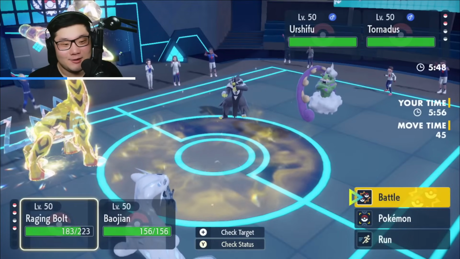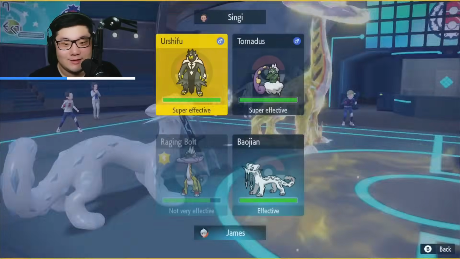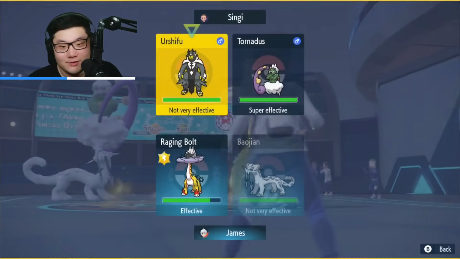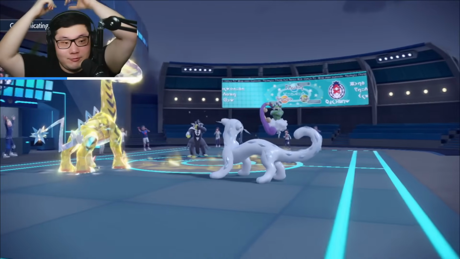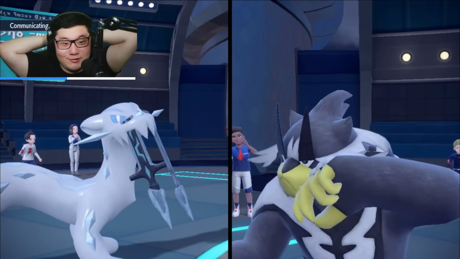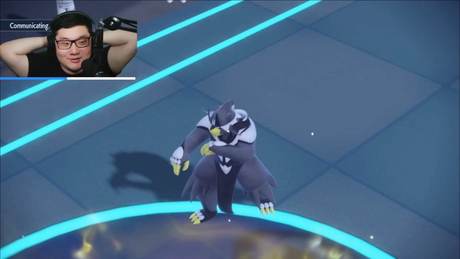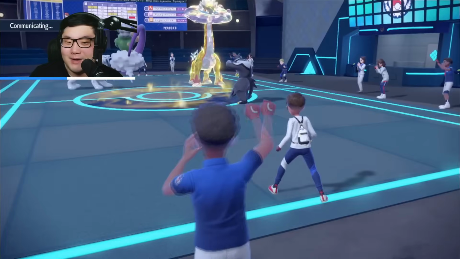But if they don't have Water Terra, I don't think they can knock out Raging Bolt even with the Sword of Ruin. So now I just go for Thunderclap into Urshifu. I'm going to go for an Icicle Crash. Gonna target down the Tornadus, and feeling pretty good about the situation. That Rising Voltage is just so much damage in the Electric Terrain. Very happy that Electric Terrain was set up. And now I'm probably going to be able to clean this one up here, because the only way that Urshifu...